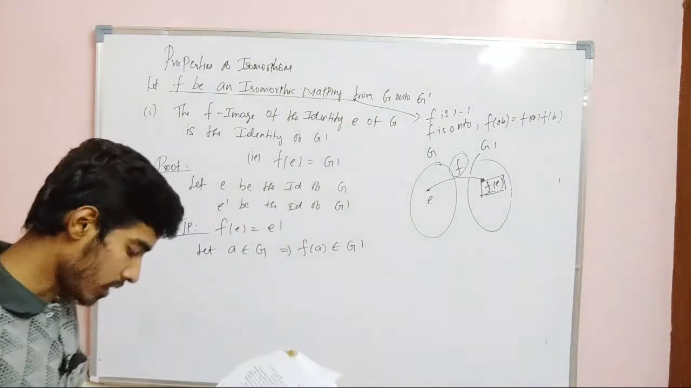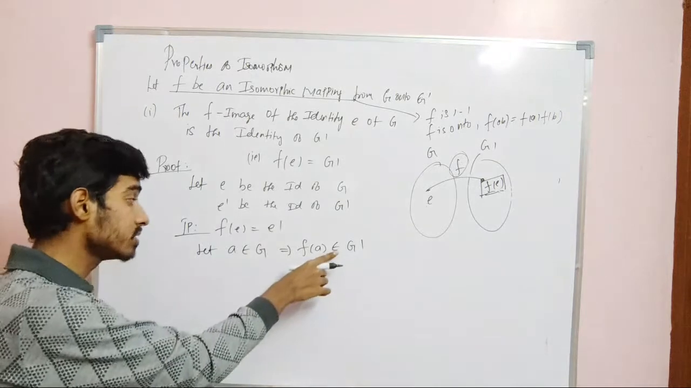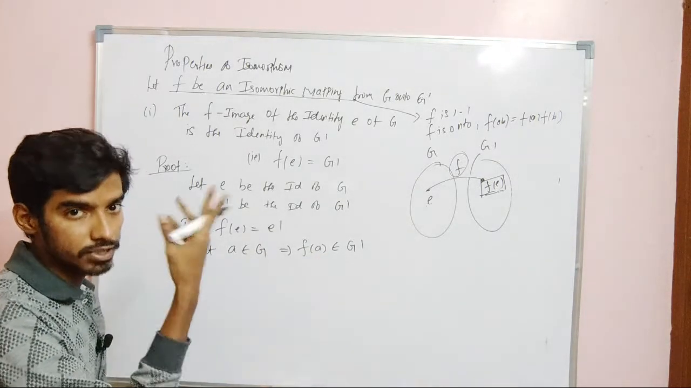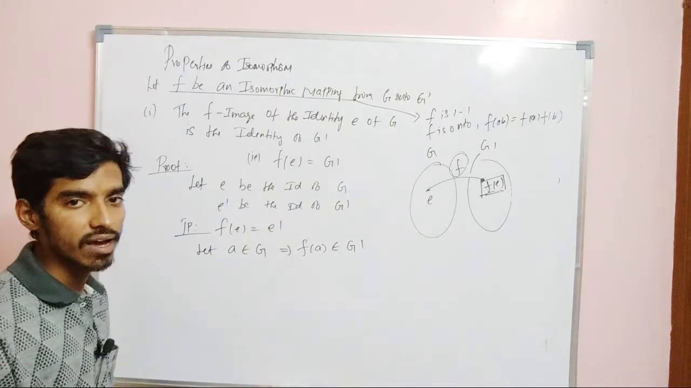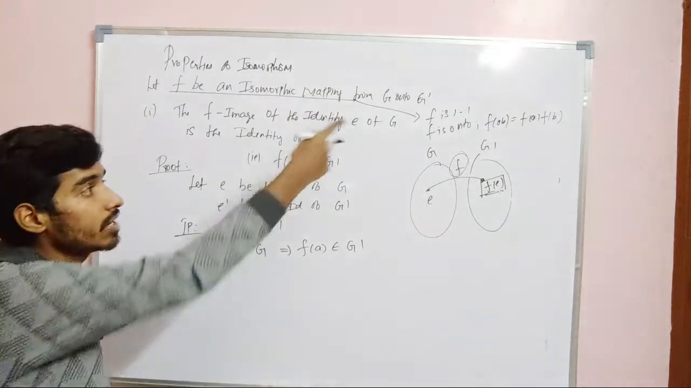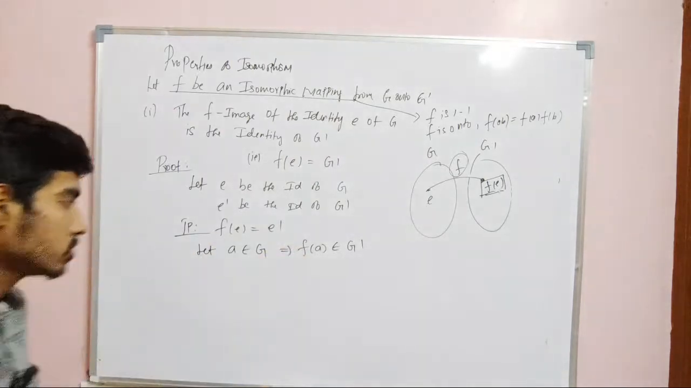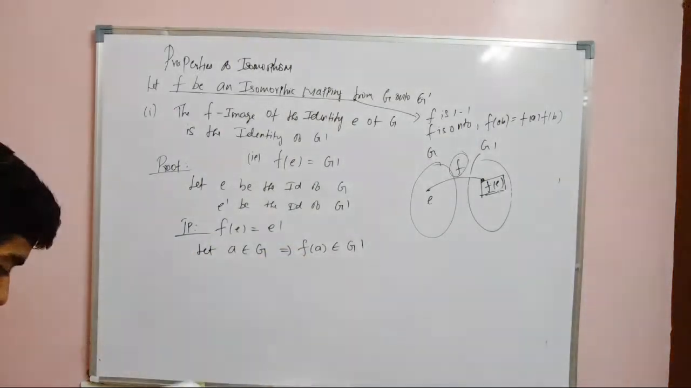Suppose this doesn't happen, then this is not at all a function. If it is not at all a function, then we cannot talk about 1-1 and onto. But this is already 1-1 and onto. Therefore, first it has to be a function. So F of A belongs to G dash. Okay. Now